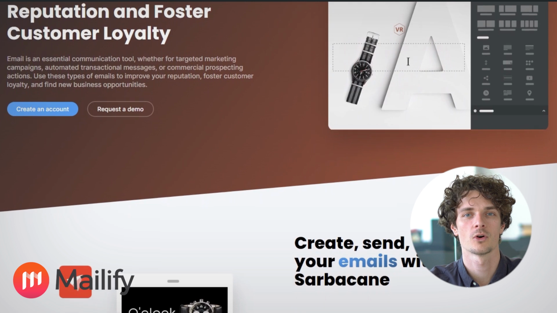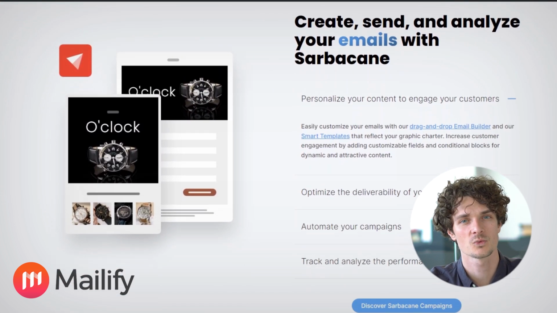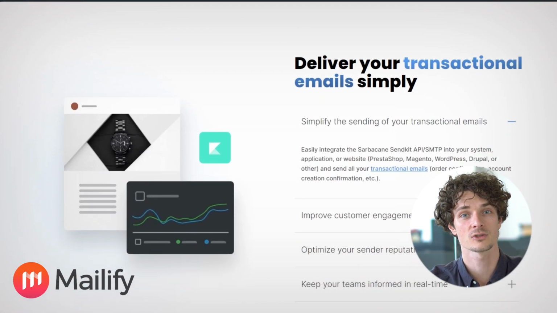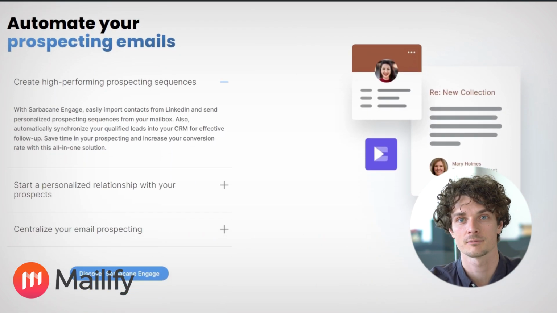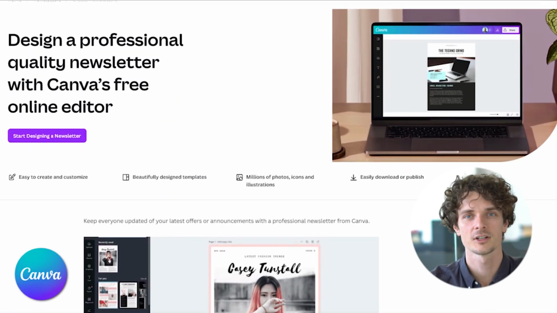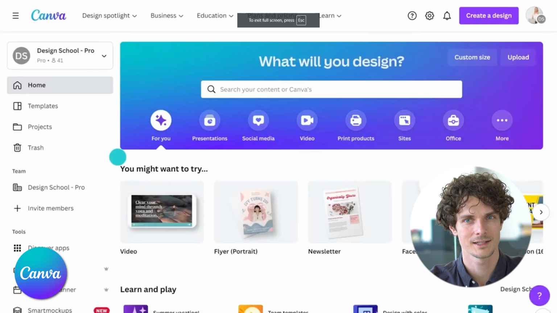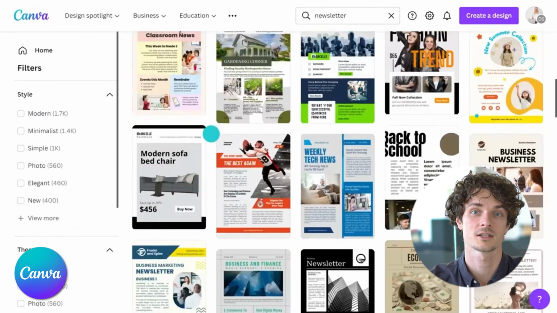Mailify is an email marketing bulk SMS tool that offers an intuitive editor to design attractive newsletters, as well as responsive templates and professional HD images for free download. It features free smart features such as predictive sending, heat map, interval sending, etc. It allows you to import unlimited contacts, and it can also connect with more than 30 applications, such as Google Analytics, WordPress, and PrestaShop. Canva allows you to create emails with various elements. However, it is primarily a design tool, and it obviously lacks functionalities for analyzing an email marketing campaign, something that the previously mentioned tools provide.